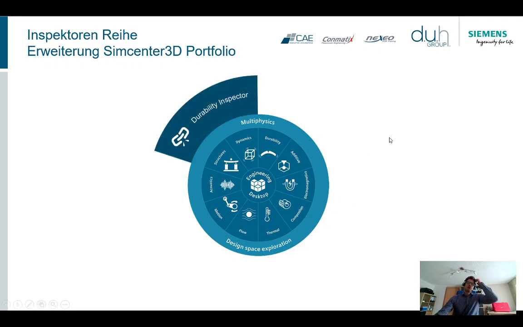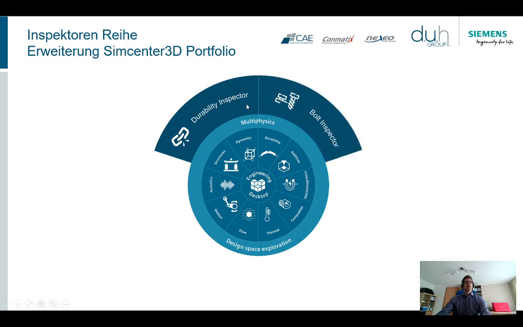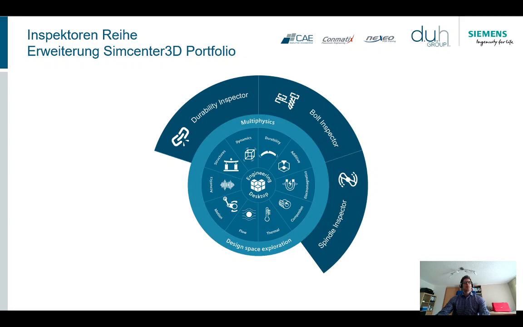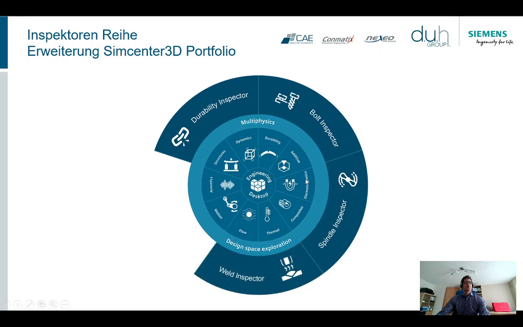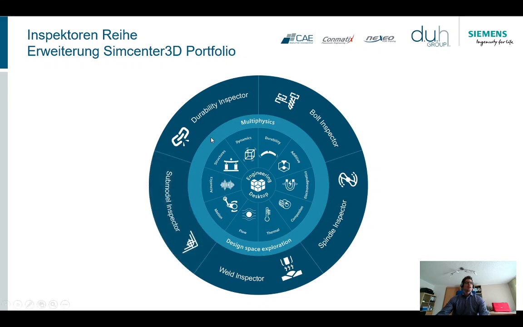One of our tools that I'm presenting today is the Durability Inspector. To perform FKM assessment, we have additional tools: Bolt Inspector for the evaluation of threaded bolts, Spindle Inspector for rotating systems, and Weld Inspector for weld lines, in particular on shell structures. And the second topic for today is the Submodel Inspector to perform automatic